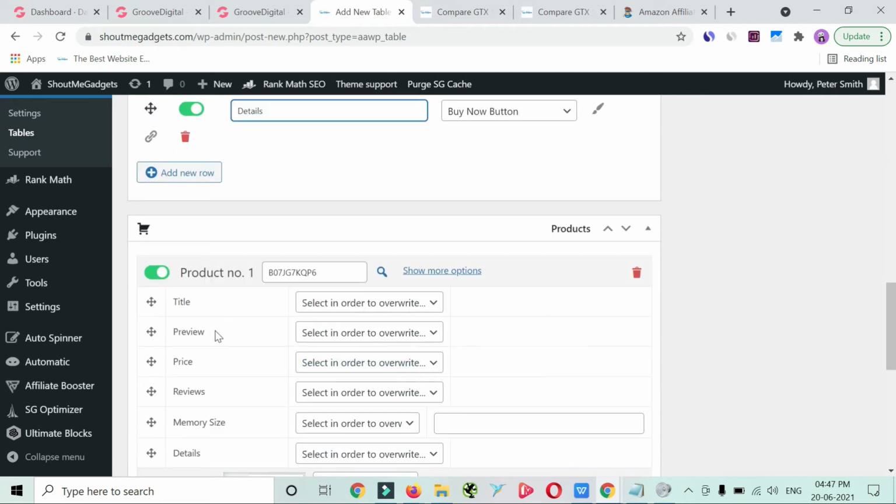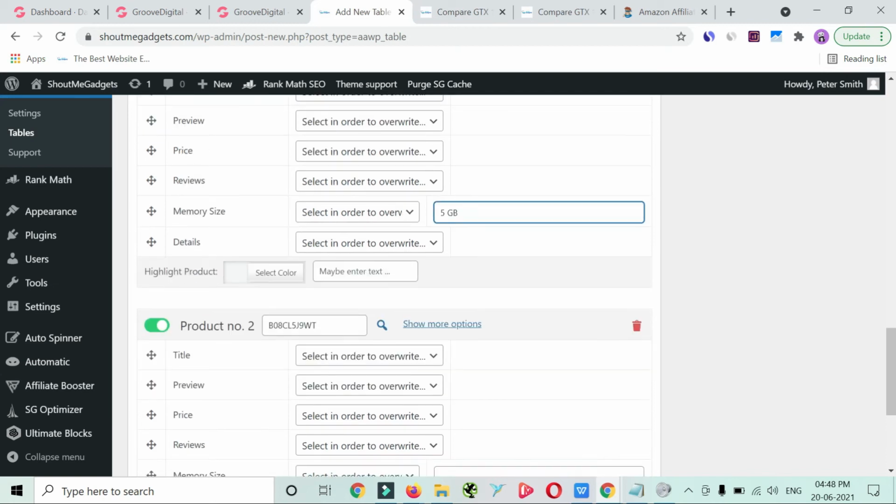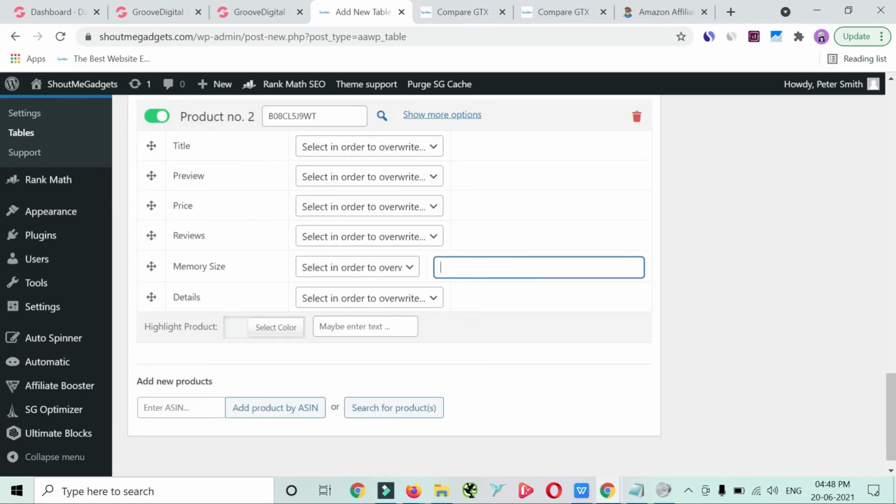So you can see all these default value rows are coming for the table, and you can move the position of the values up and down by using this icon. Now the point is, if you want to recommend a particular product to your user, then you can highlight that product using the highlight product option.